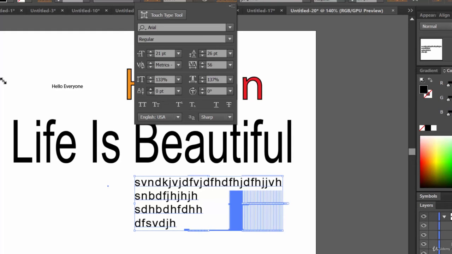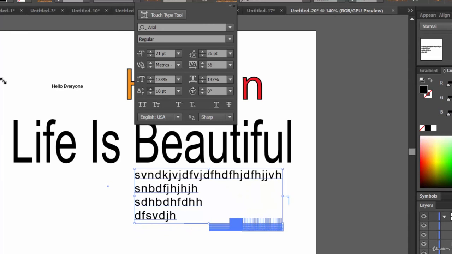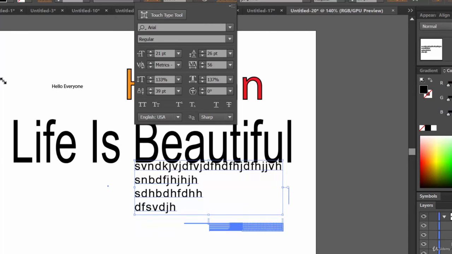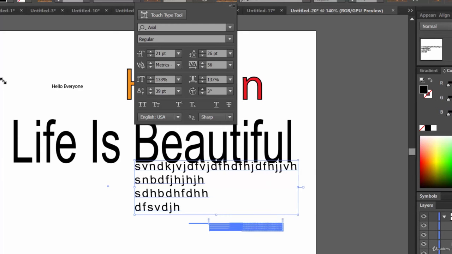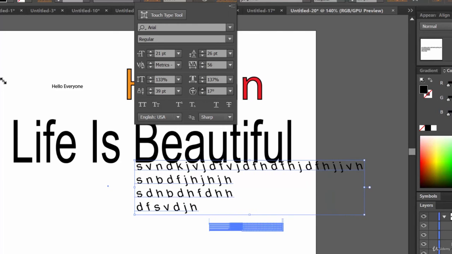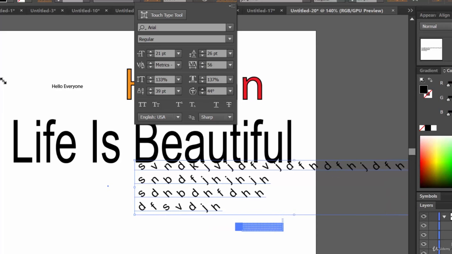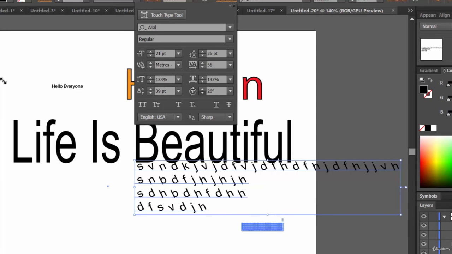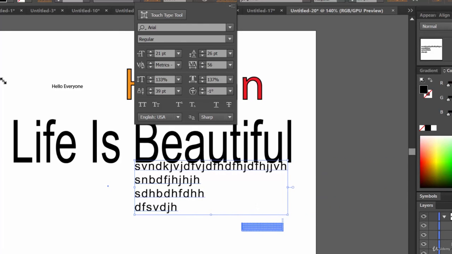Okay. And next we have the baseline shift. So we are shifting the text towards up. And next it is, we are rotating the text. And see. Oh my god. It's fun, right?